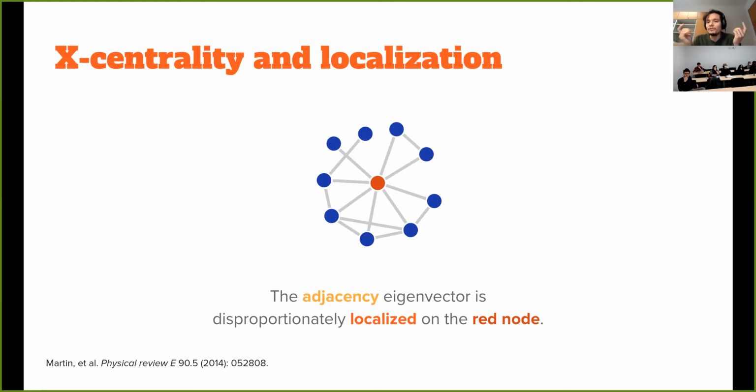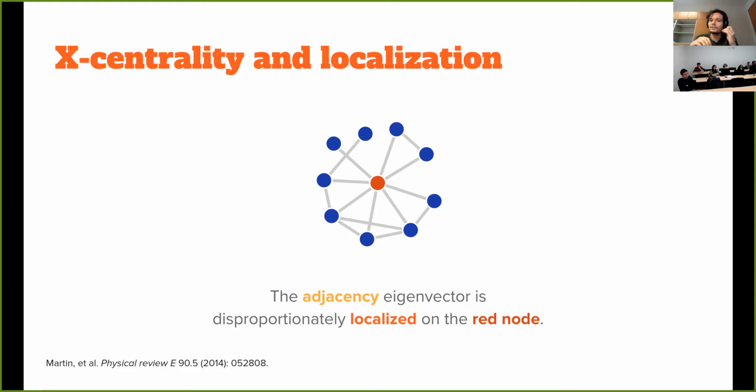It's good because if you're removing nodes one by one, then you want to know that there's one node that has a huge centrality and completely beats all of the others. But it's bad if, for example, you're trying to remove 2 nodes at a time. If you're trying to remove 2 nodes at a time and you look at this network, can you tell me which 2 nodes you would remove? I think everybody will remove the red node. And I also think that there are at least a couple of options for which of the blue nodes I would remove. So all things considered,